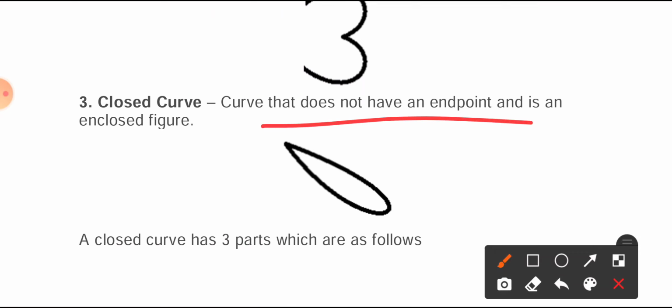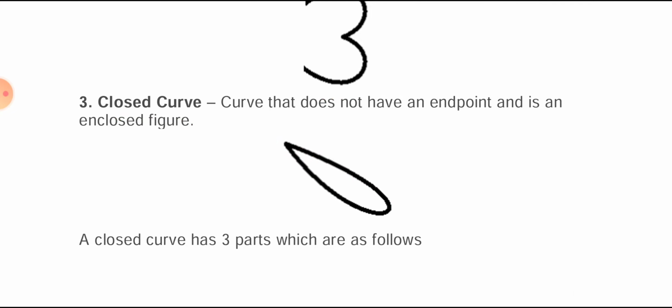A curve that does not have any end point, and which have an end point means you can see it is having an end point, they are meeting each other. So this type of curve is known as closed curve. Then curve has how many parts? 3 parts: